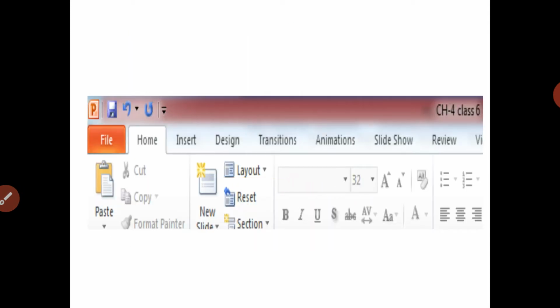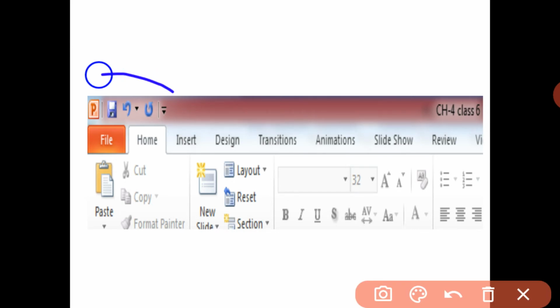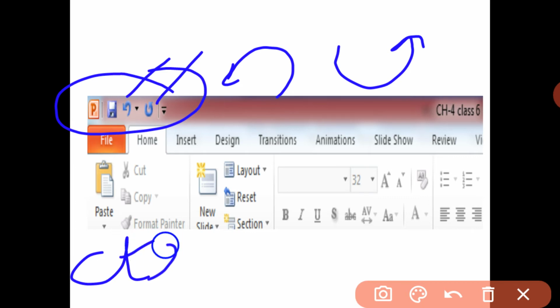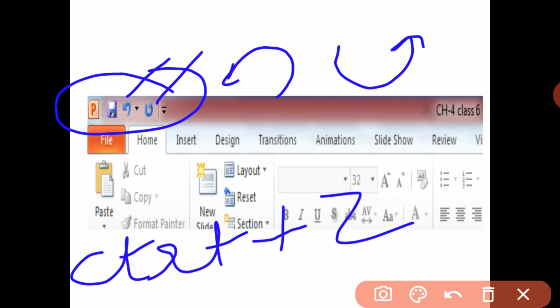Now you can see these are the options that we have in the quick access toolbar: undo and redo. This particular arrow sign is the undo sign, and this is your redo sign. Or you can also press the shortcut keys, that is Ctrl plus Z for undo, and Ctrl plus Y for redo.